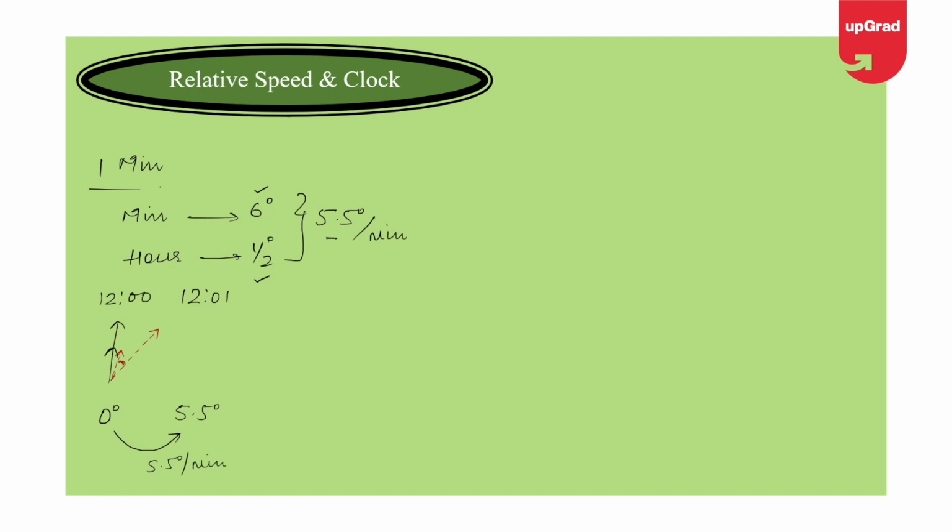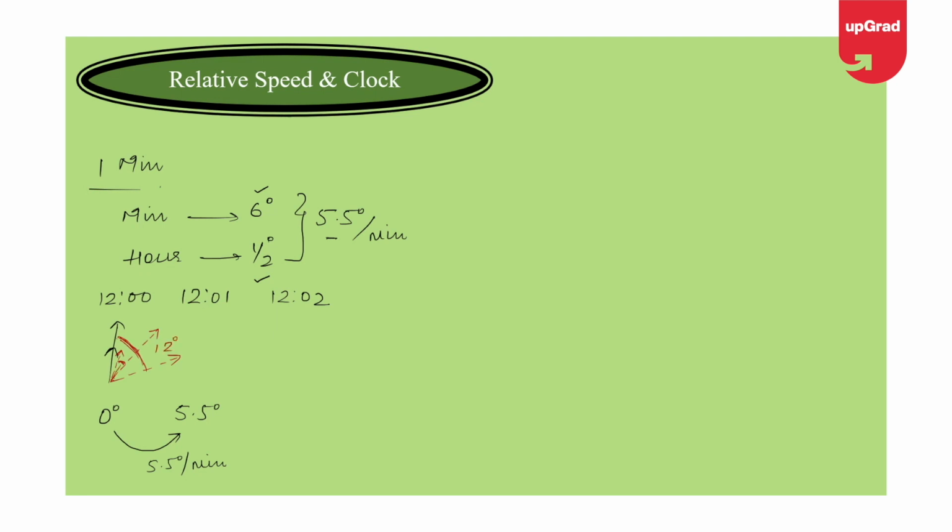If you want, you can check it further. After one more minute, which is at 12:02, what would happen? At 12:02, this needle, again I'm zooming it, don't worry. This is not 6 degrees. This is more than 6 by looking at the figure, but I'm just zooming it. So what is this angle? It travels 6 degrees in 1 minute, therefore it has traveled 12 degrees in 2 minutes.